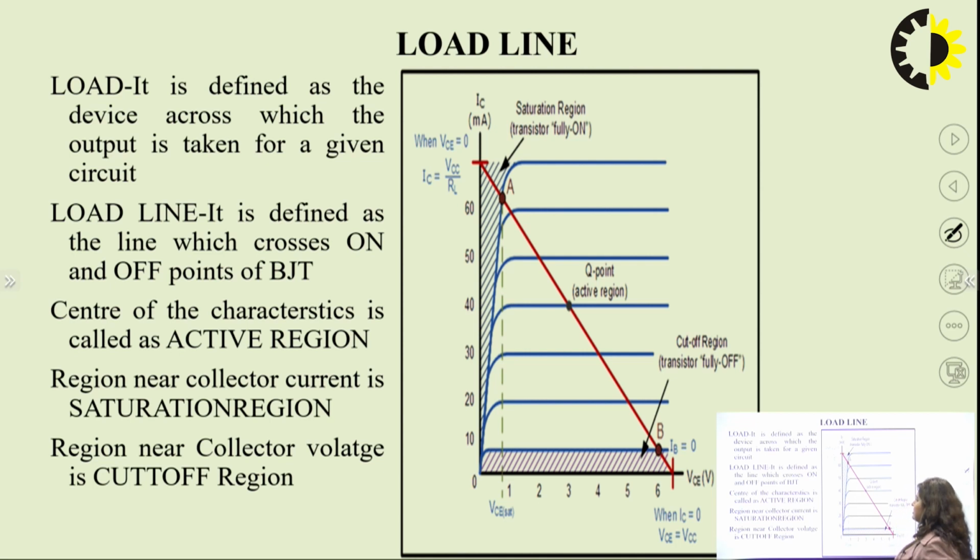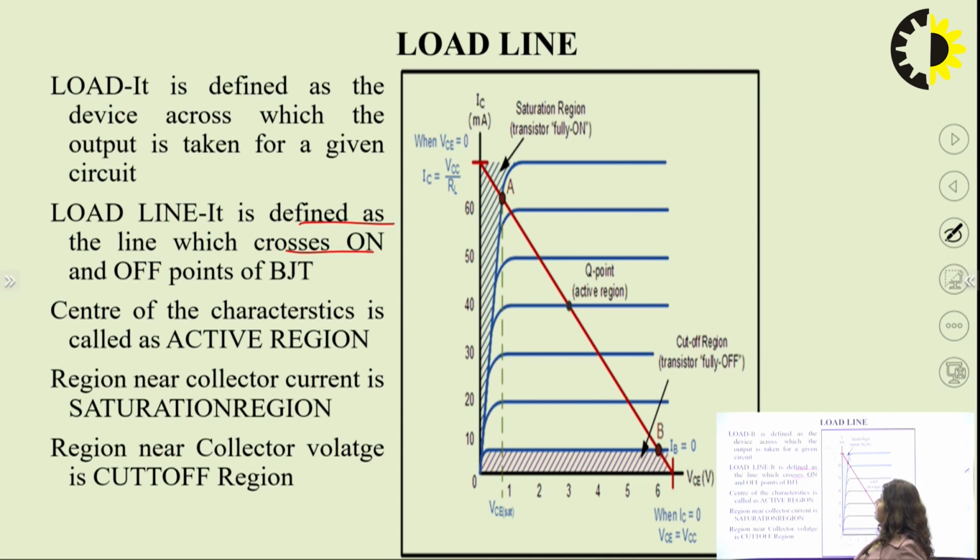So next we have the same graph, on which we have created a load line on the characteristic curve between VCE and IC. So what is a load? It is defined as a device across which the output is taken for a given circuit or for a given input. The load line is defined as a line which crosses the on and off points of the BJT. There are some points in the BJT characteristic curve which are on points, and some points which are off points. So this load line will cross these points,